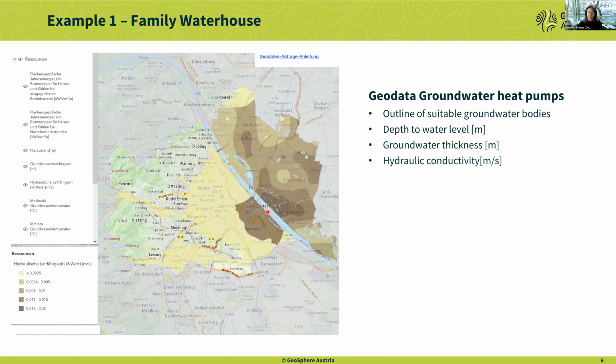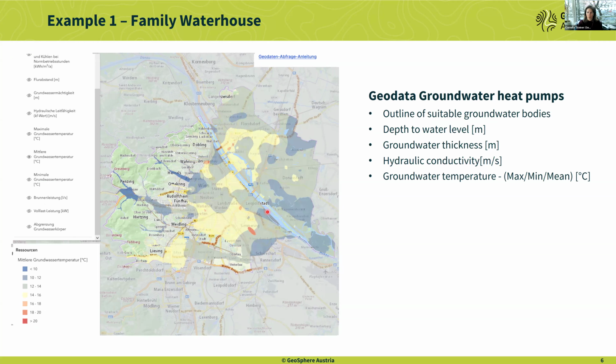Another important information is the hydraulic conductivity. This was taken from numerical 3D models and also from a database of pumping tests, where we collected from different companies the pumping tests and derived the hydraulic conductivity. And where there were still data gaps, we also included data from the literature to come up with this hydraulic conductivity dataset. And then we have the groundwater temperature, where from a little bit more than 200 observation wells,